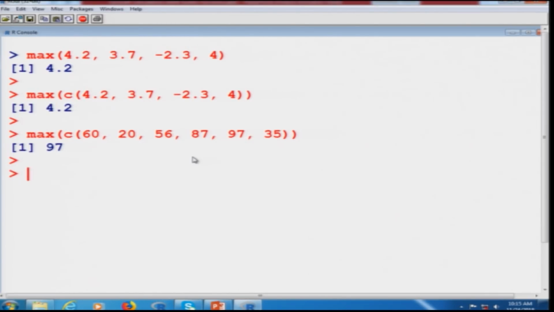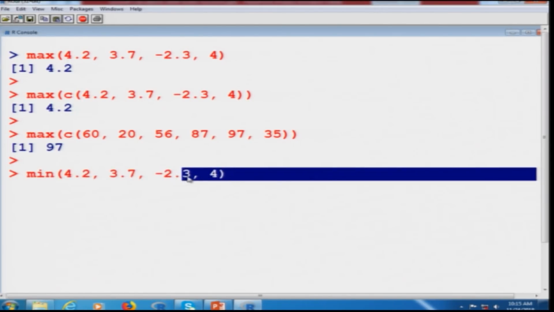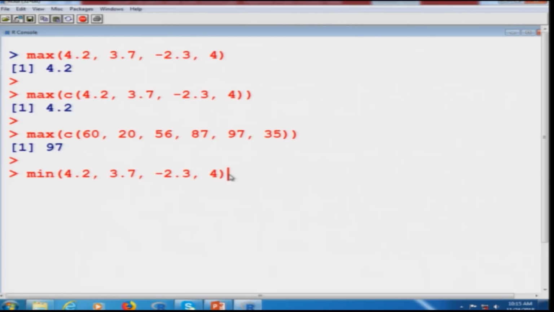Now similarly, in case you try to find out the minimum, then I can use the command MIN over the same data set 4.2, 3.7, 2.3 and 4, and you can see the minimum value is coming out to be minus 2.3. And similarly, if I use the C command here, even then you will get the same outcome,